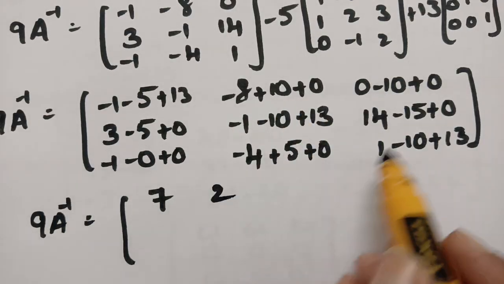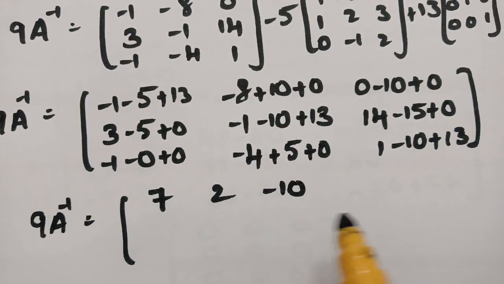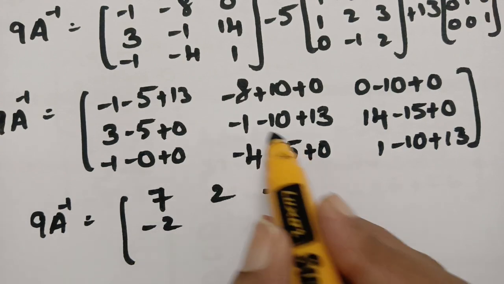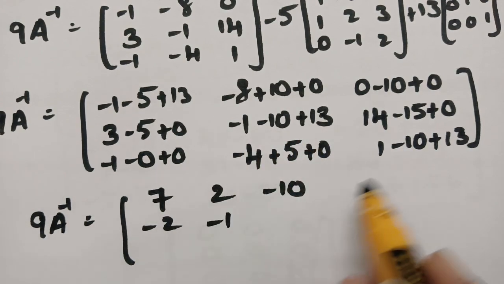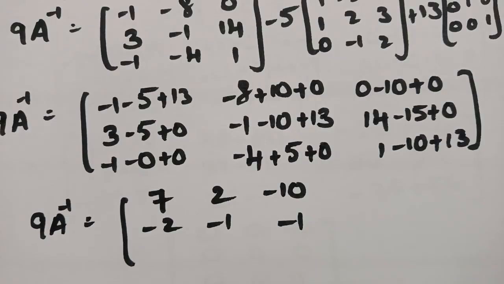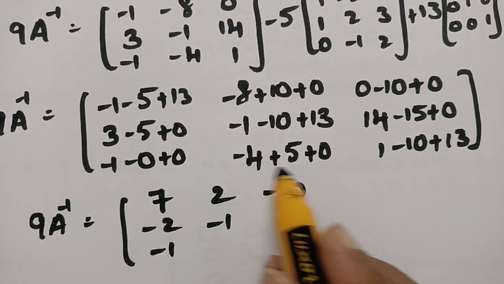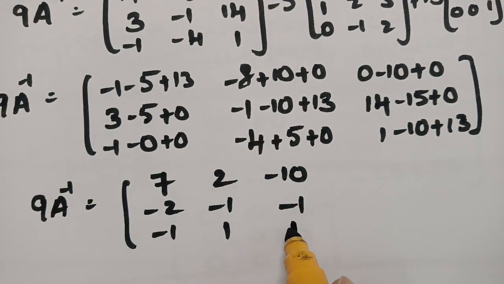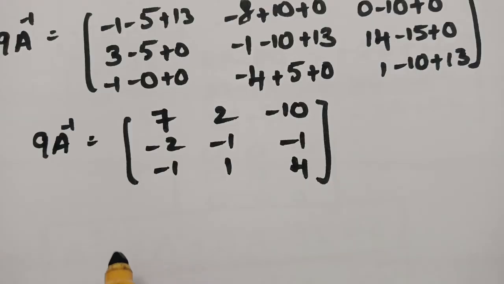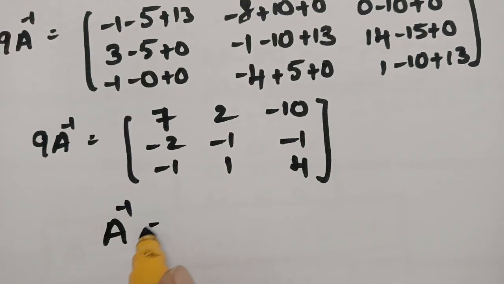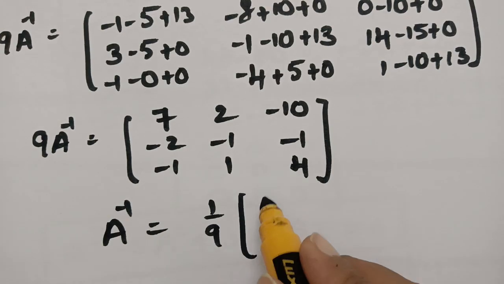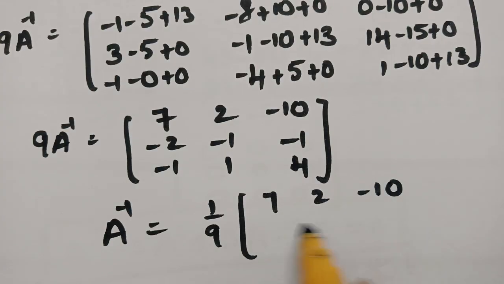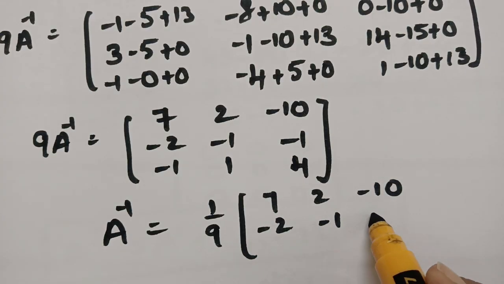So here 9A inverse value here is, this is minus 6 plus 13, the value here is 7. So this value is 2 and this value is minus 10. So this value is minus 2. So minus 14, this value is minus 1. So this is minus 1. So if you observe, this is minus 1. So this value is plus 1 and this value is 14 minus 10, the value here is 4. Clear? So therefore we got A inverse as 1 by 9 times of, this is 7 2 minus 10, this is minus 2 minus 1